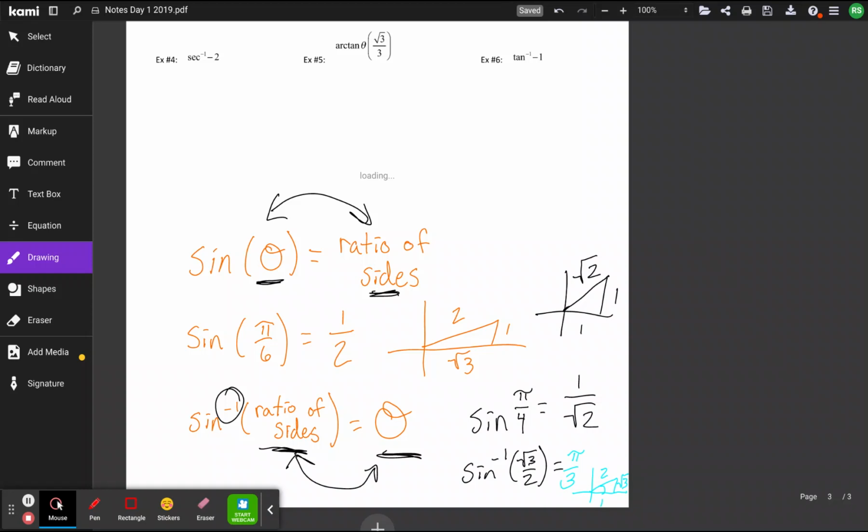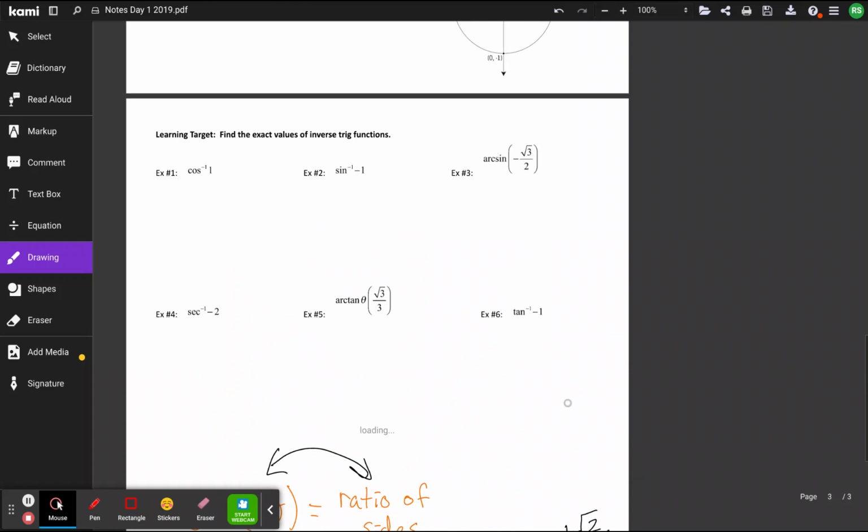You would tell me the ratio of sides given the unit circle. Now you draw your reference triangle in the given quadrant, and then give me the radian measure that corresponds to that reference triangle. So when we have cosine inverse of 1,